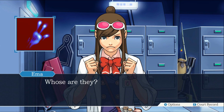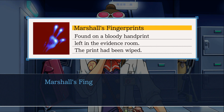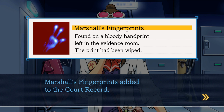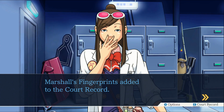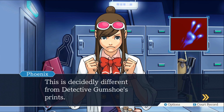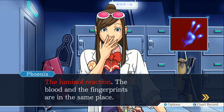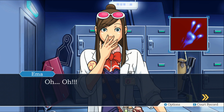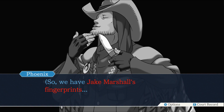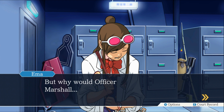Okay. Hey, these fingerprints, whose are they? Whose? Is it someone I know? It's Officer Marshall. Huh. Officer Jake Marshall? Marshall's fingerprints added to the court record. That's concerning. That's super concerning. That's gotta be a coincidence. He's not involved in the crime. Emma. This is decidedly different from Detective Gumshoe's prints. The luminol reaction, the blood, and the fingerprints are in the same place. Oh. So we have Jake Marshall's fingerprints on a wiped blood stain. Well, why would Officer Marshall...